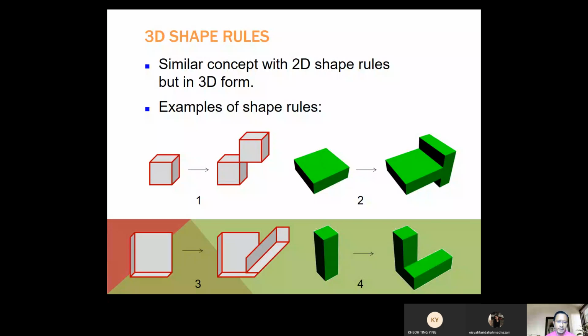The first one is the cube, and the second one is a box. It's not a cube, it's a square box, and you add another similar box, rotate it, and attach it to one side of the original box. The third one uses a different object: you add a different object to the original one. I believe I've already mentioned this earlier. If you want to add a different object, in this case a smaller rectangular box, to the original object,